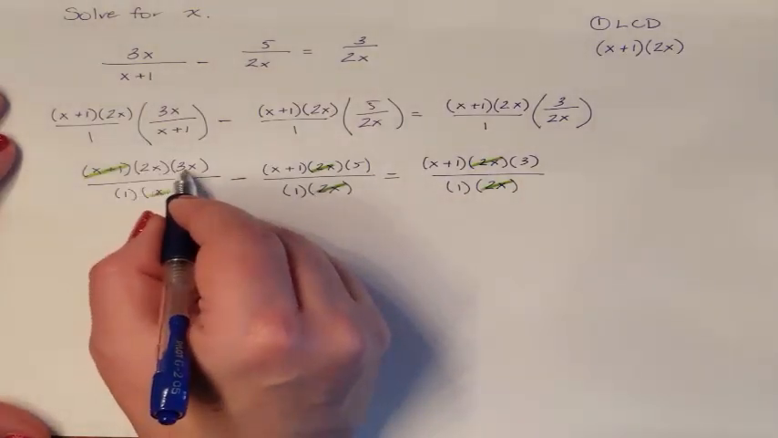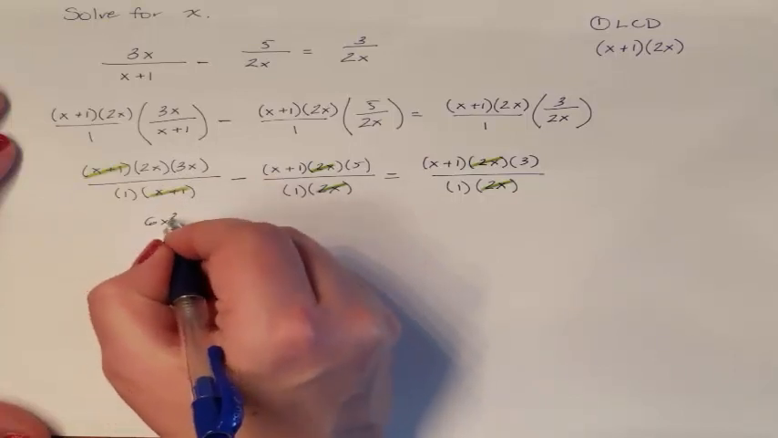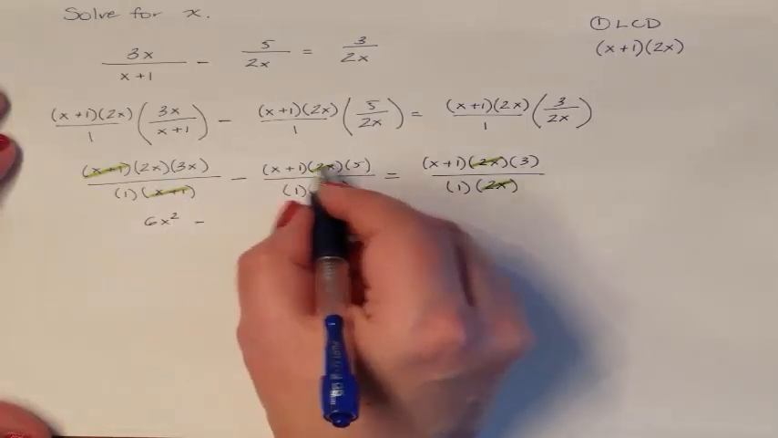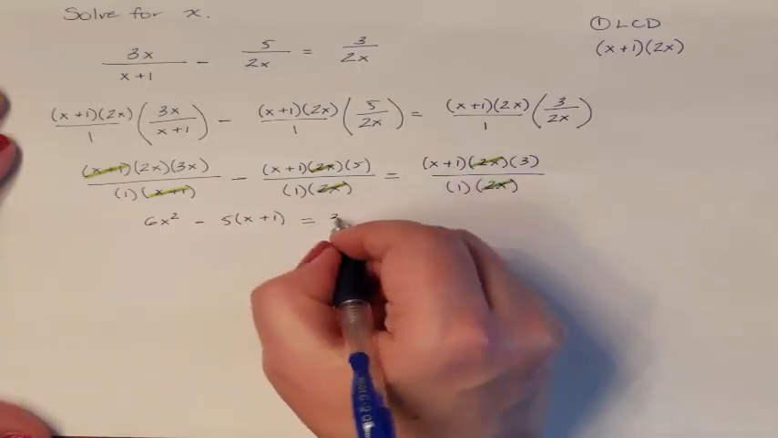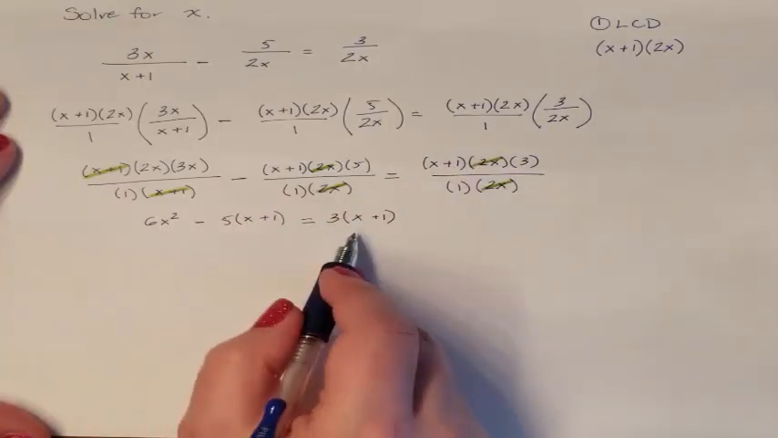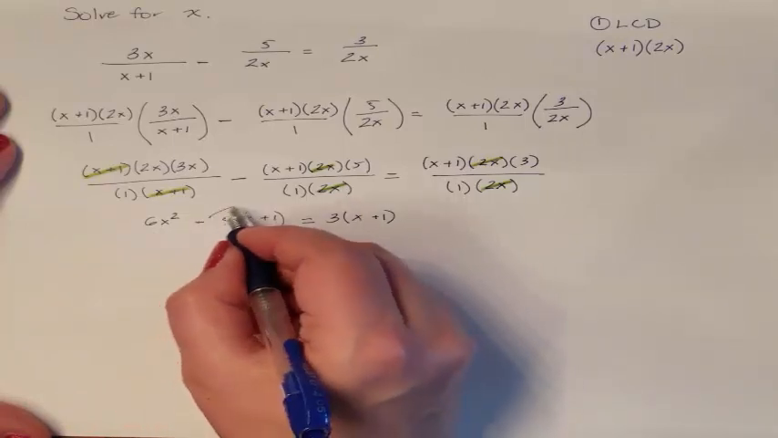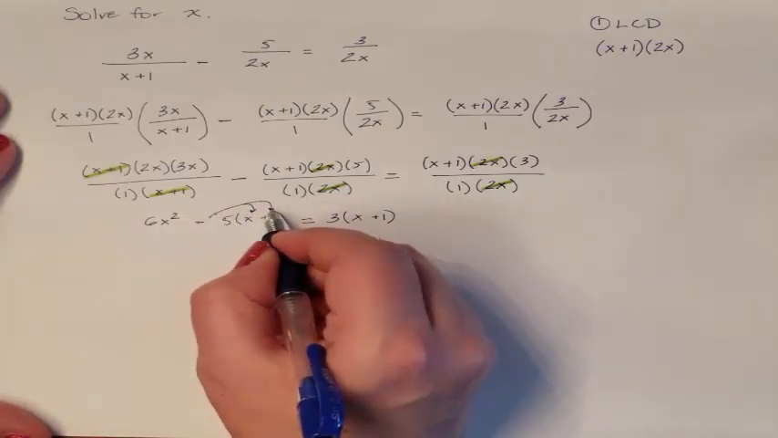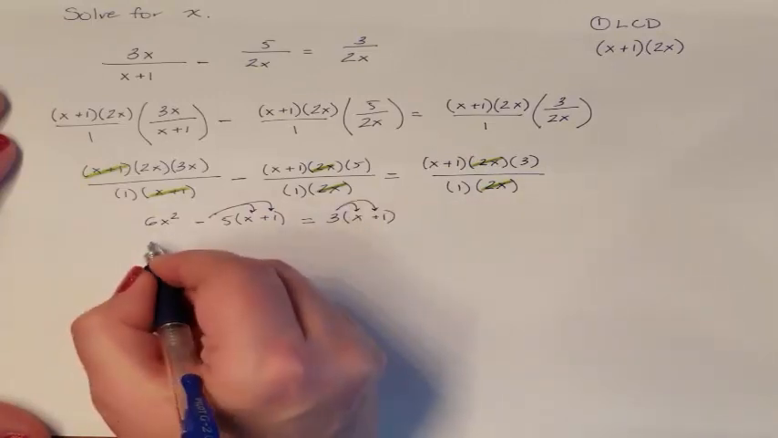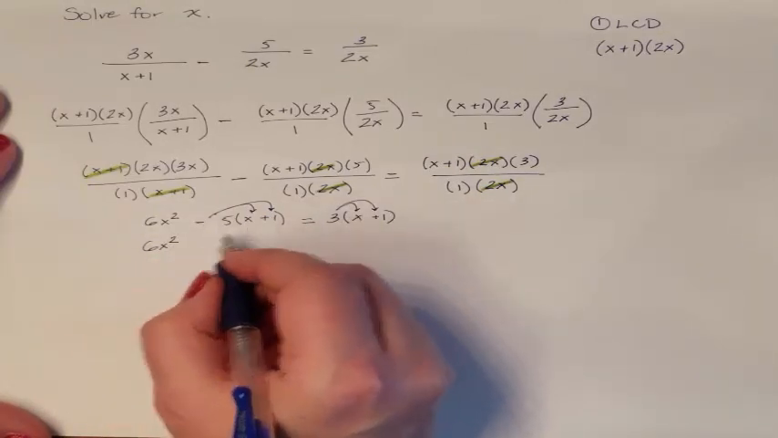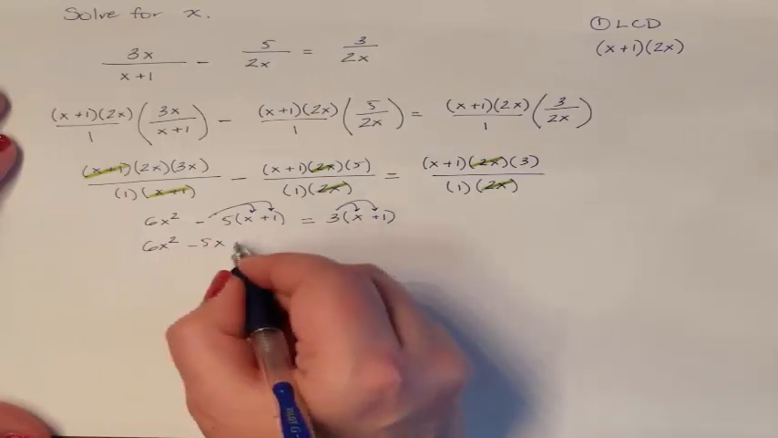So this is a 2x times a 3x, which is a 6x squared, minus, so this is a 5 times an x plus 1, equals, this is a 3 times an x plus 1. So my denominator is canceled out. So what do I actually have? Because I need to distribute this minus 5 into everything here, and I need to distribute this 3 into everything over here. So I've got a 6x squared minus 5x minus 5,